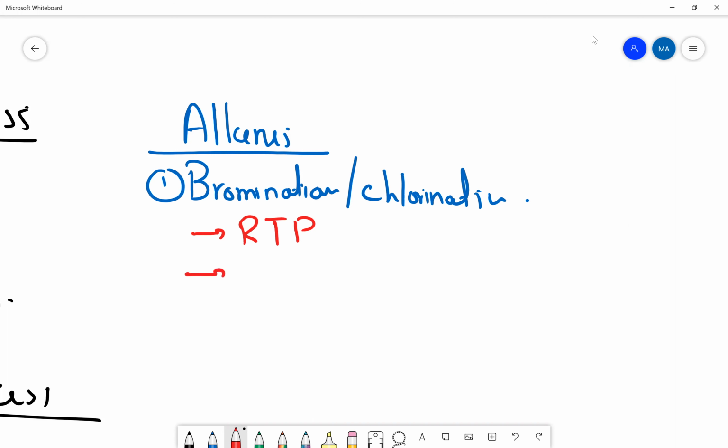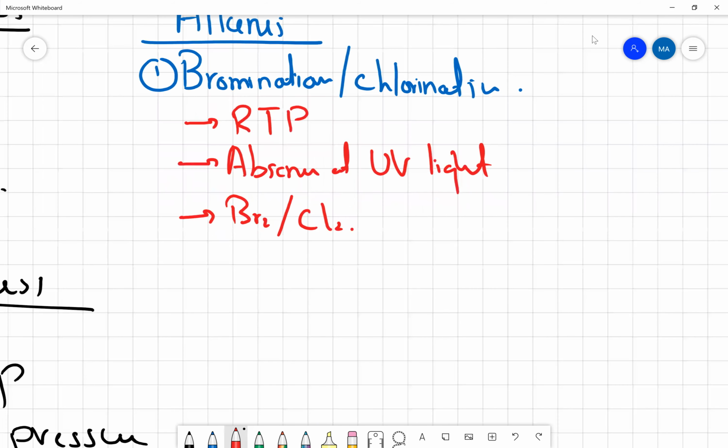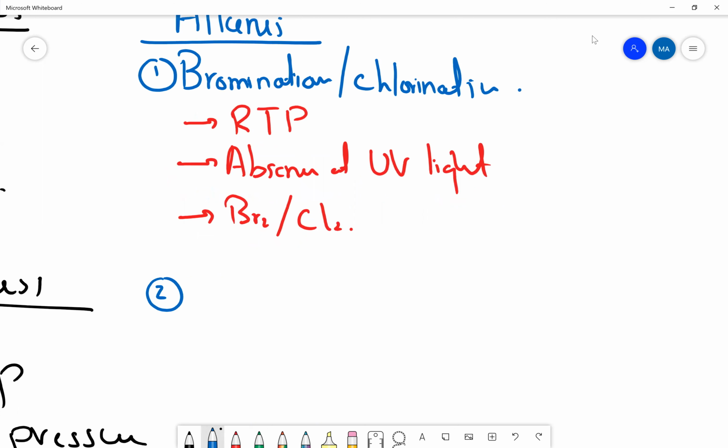Because this reaction, the addition reaction of adding bromine or chlorine, is explosive in the presence of UV light. So absence of UV light is a must for this reaction. And obviously you need to have either Br2 or Cl2 as a reactant for it. Then the second reaction is